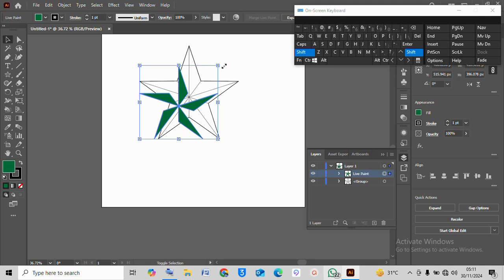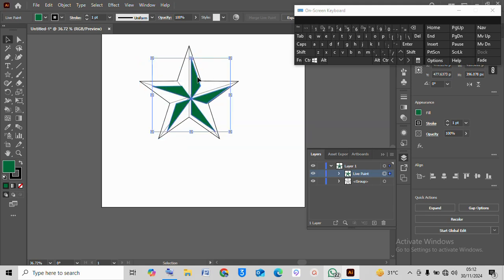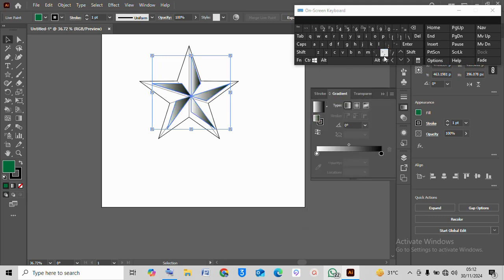The reason Shift is being used is for the scaling to be precise. If you don't hold down Shift, it's going to deform the shape of the star we are designing, and give it something else that you might not like to see. You understand? Maybe a situation whereby the head is turning bigger or something like that. I'm talking about the precise size of the star, keeping its aspect ratio. Oh, sorry, Ctrl Z,